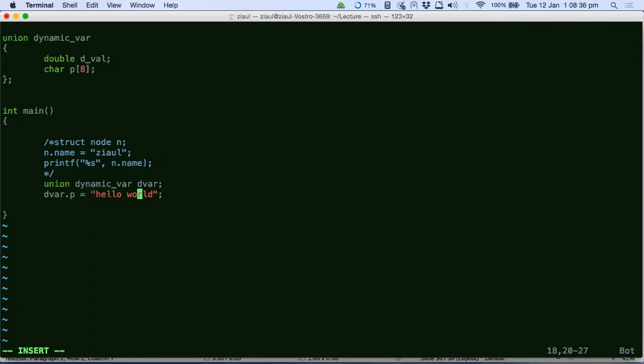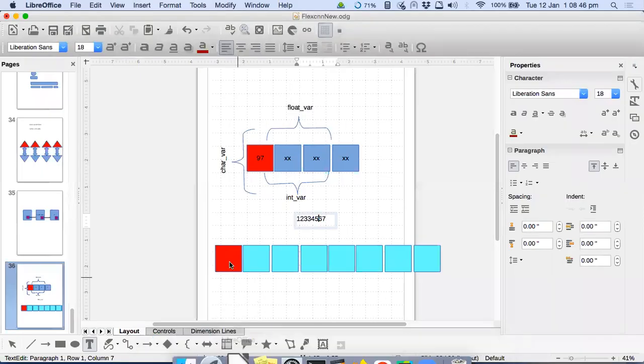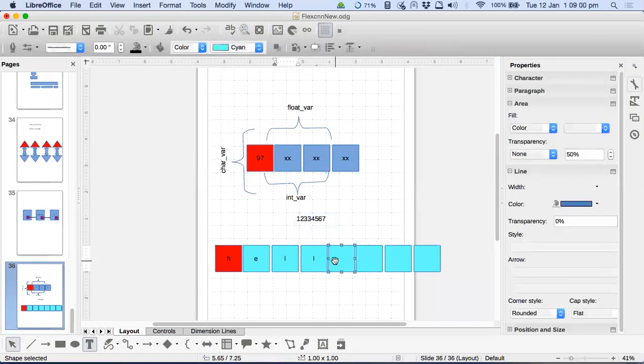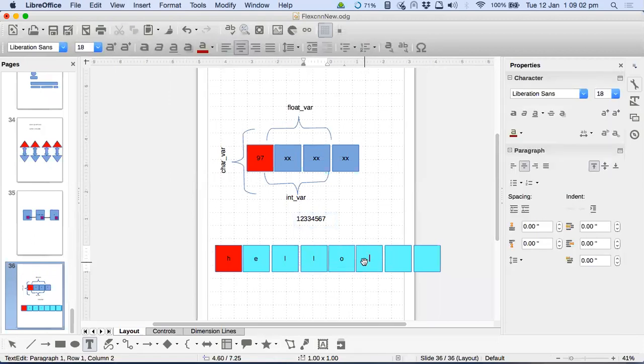No, now that is the case. Now this hello world, see, now I have declared an array of 8 values, right? Now this is no longer a pointer, it's an array. Now these 8 bytes would be taking these values here, right? 8 bytes of the character would be equal to 8 bytes of the double. Now the hello world will be stored here. You get what I'm trying to say? Yes, sir.